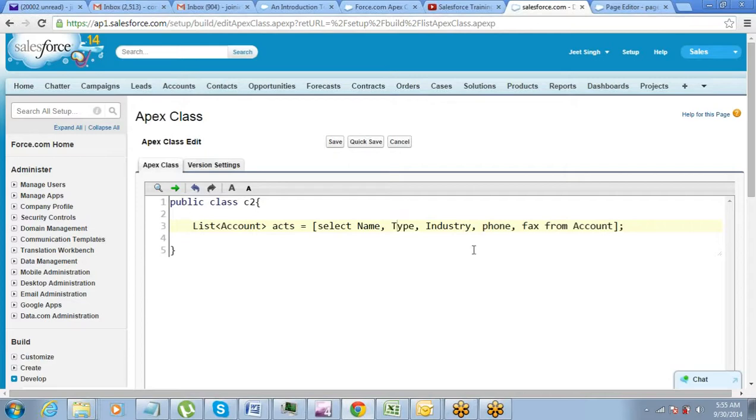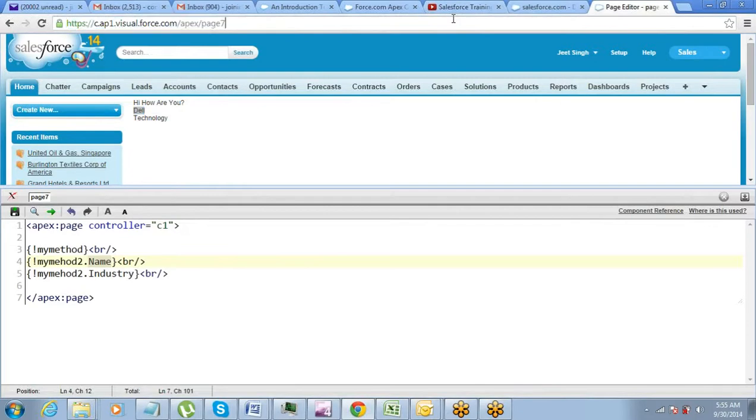So I will write a get method for returning this list of account. So far it's fine. Now we go and create another Visualforce page.